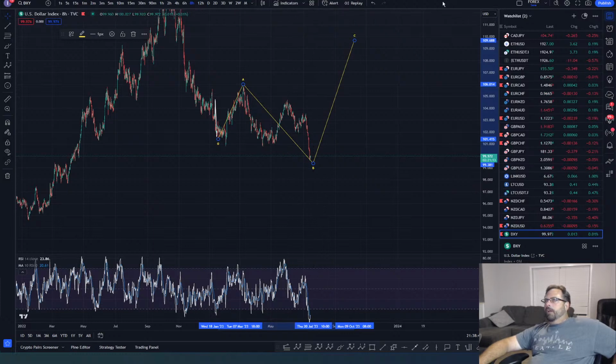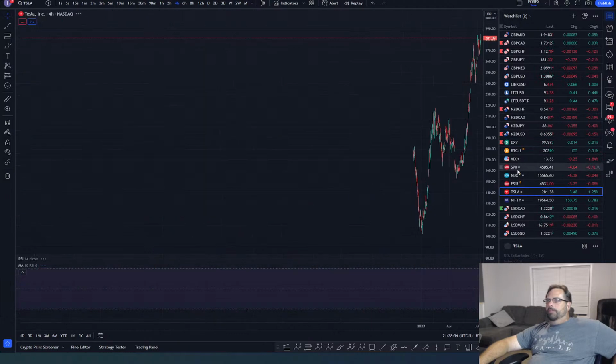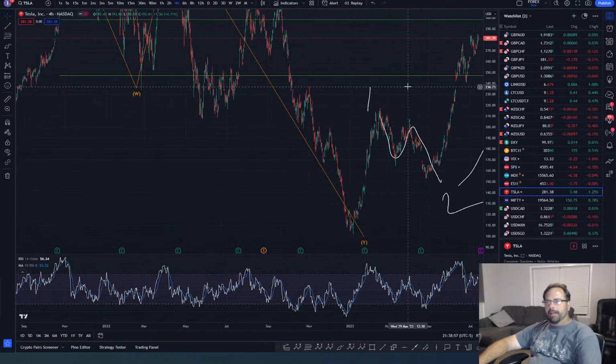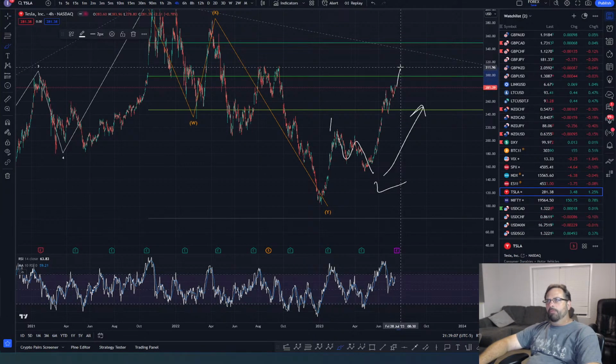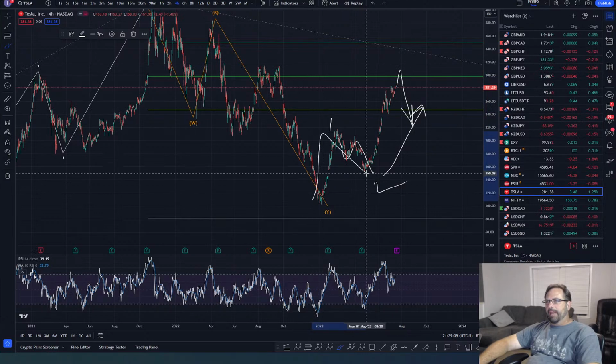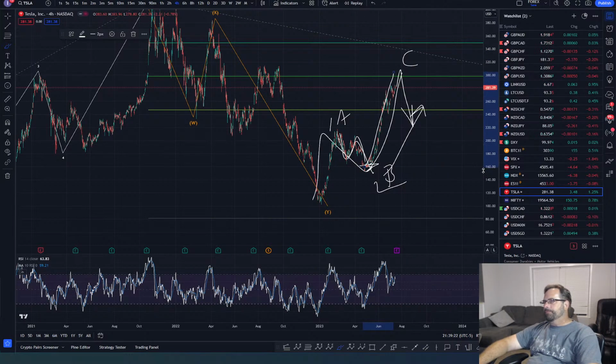All right. Let's look at gold because I haven't looked at gold in a minute. Tesla as well. Tesla, I've been bullish on Tesla, guys, but watch out here. This could be 3 waves. That's about finished. Watch out for Tesla to maybe pop the high just a little bit more and then reverse. This could be an A, B, C instead of a 1, 2, 3. But that was a great trade. If any of you took it when I called it down here as a B wave, looking for a C wave, that was a great trade.